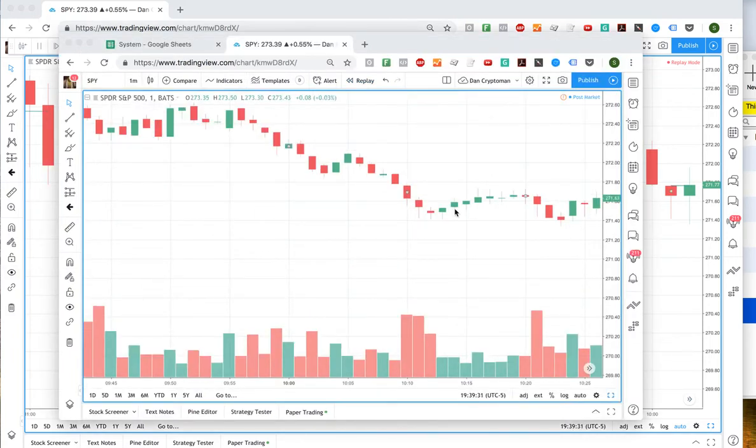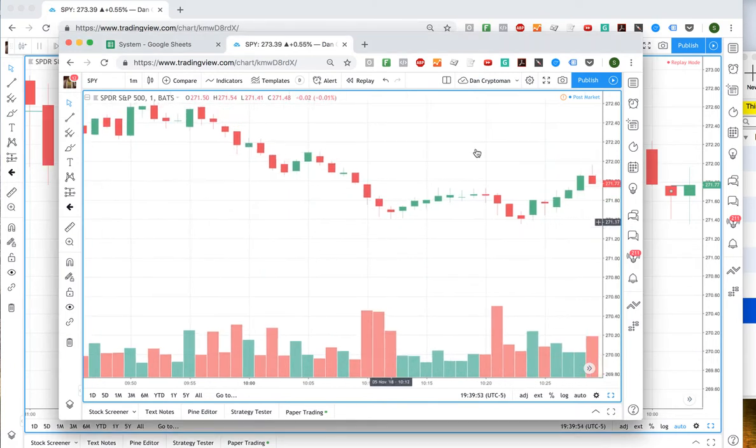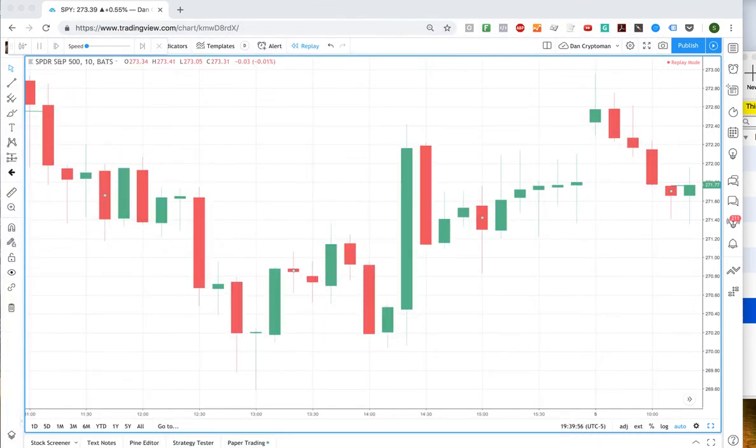Okay, so you can see an interesting thing has happened here. This is a 1 minute chart. So what's happened is it has gone up, stopped us out of our long, and then gone back down, stopped us out of our short, and then gone back down. Our stop loss was here, stopped us out of our short, so we'd be completely messed up, which is what happens with outside bars. So that is a 1R loss on